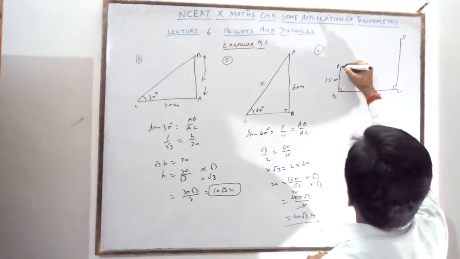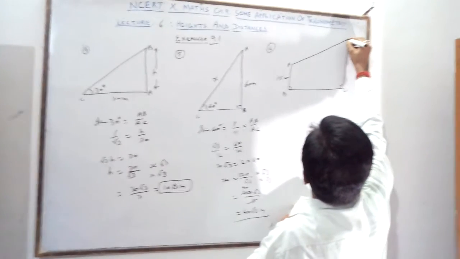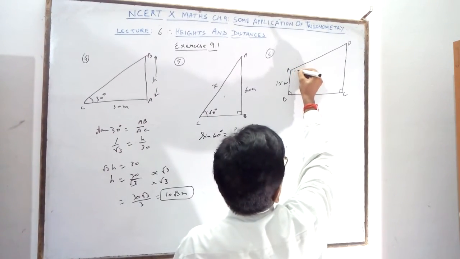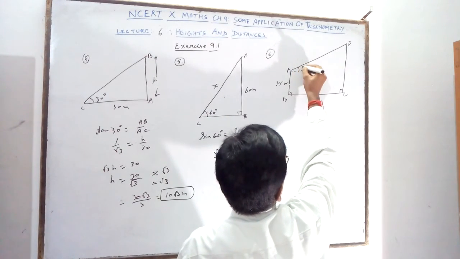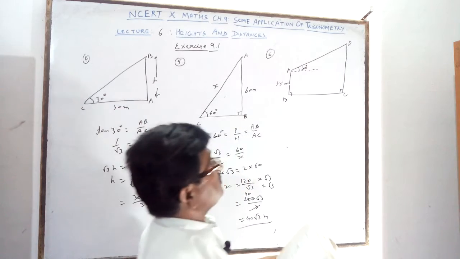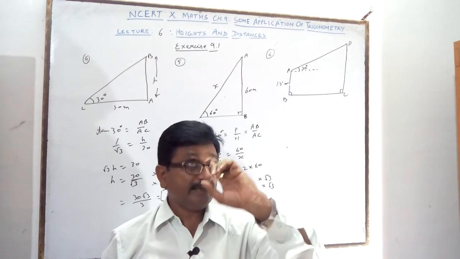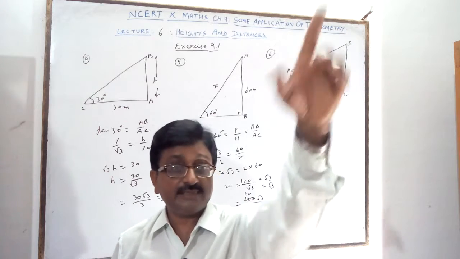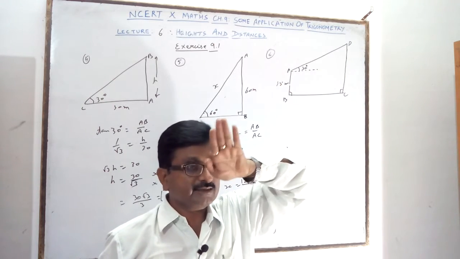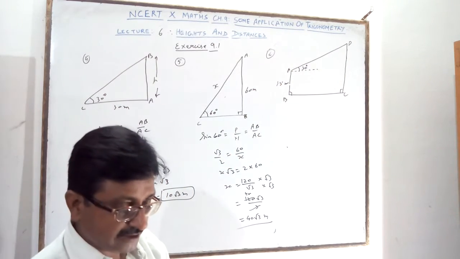His eye is where? Here. The angle of elevation means the dotted line must be here. Don't make the mistake on this side. Suppose I am a boy, my angle is there. The angle of elevation is from the horizontal line, like this. The eyes will be up 30 degrees.